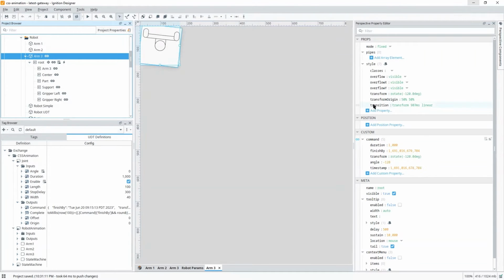One extra benefit of doing it in one tag rather than two, like we did before in transform and transition, is that we're now eliminating race conditions where you could update one before the other. And when you have something that is changing all the time, like you see right here, we go from 2 seconds to 1 second.